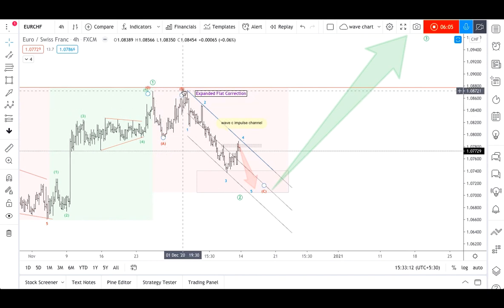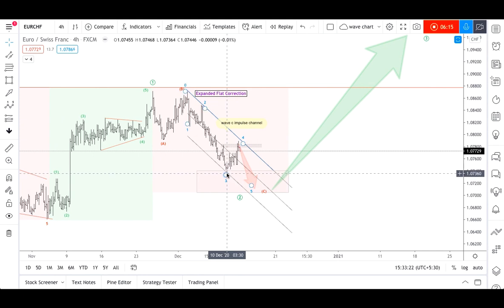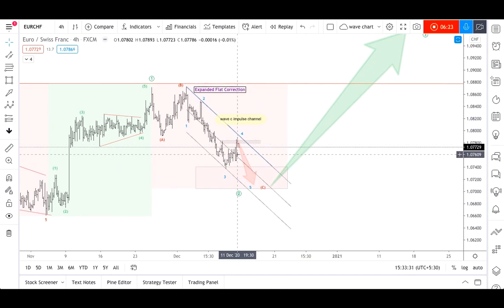We got a wave A, then this wave B, and for wave C we have to see a five wave structure. So this was wave 1, A, B, C is wave 2, and this is our wave 3, right? And right now in the previous session we have got an upside movement up to this region, right? So this is the level of 38% retracement from these lows, okay?